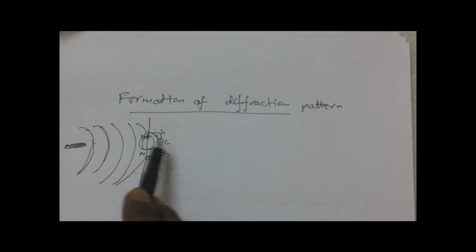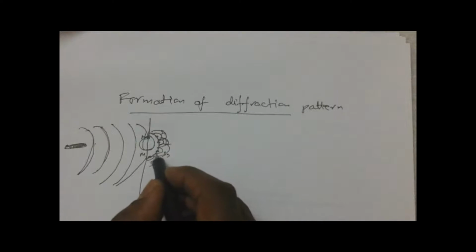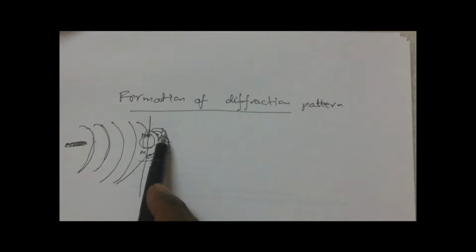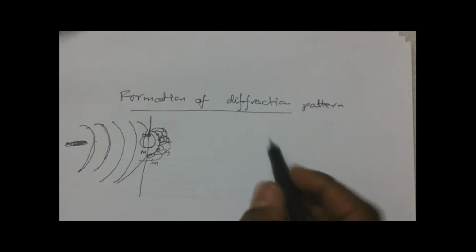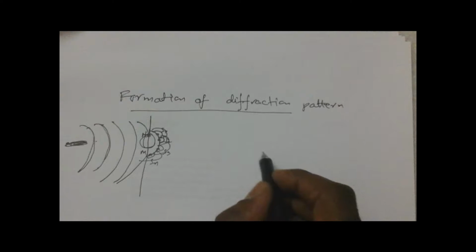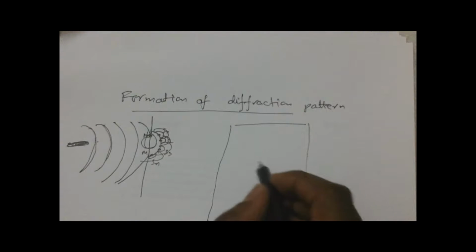All the secondary sources are again giving spherical wavelets like this. So this source wavefront and these secondary wavefronts are going to interfere, and finally this wavelet and this wavelet superimpose and form an interference pattern on the screen, as in the shadow region, central bright,